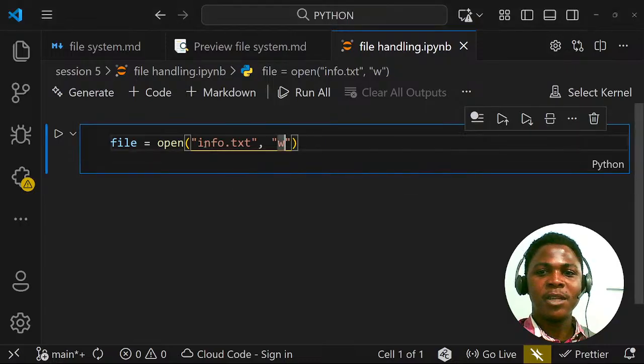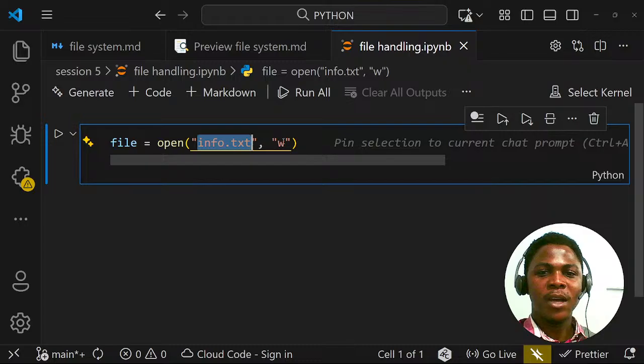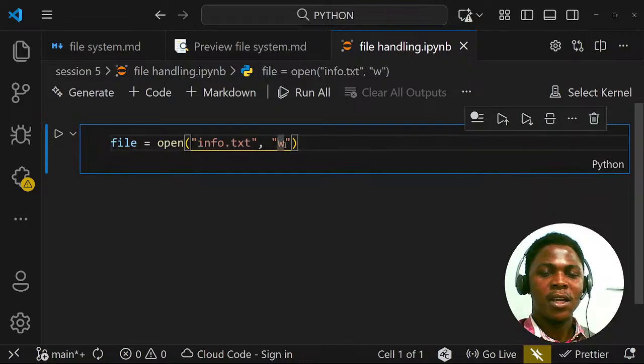We'll pass in the file name inside the open and the mode, which is write. We're going to basically use write. So that's that. Then after that,